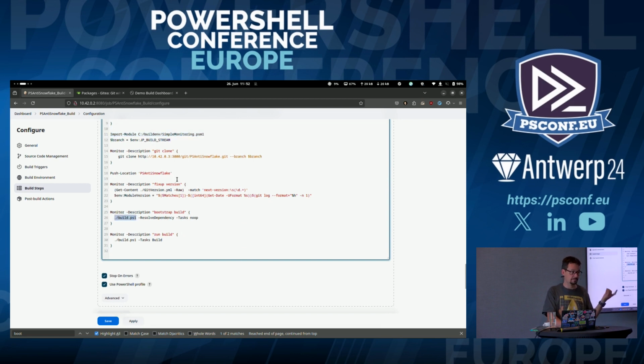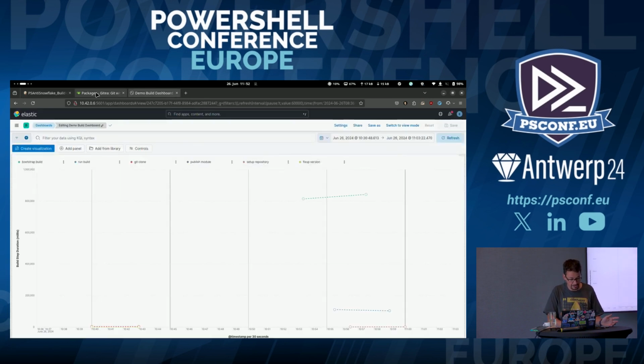So if the culprit for the sluggishness of this system were in Invoke-Build, in the bootstrapping phase, then we already had the data we want. Unfortunately, we do not have. So what we do now is we come back to,